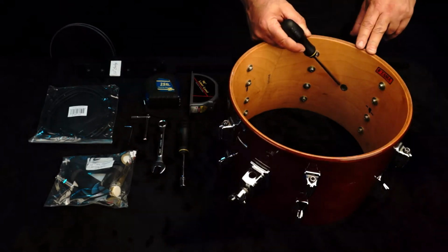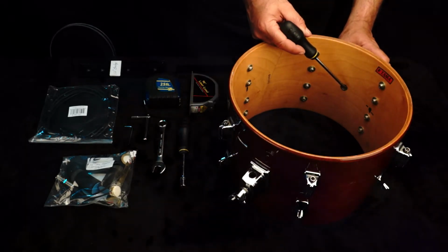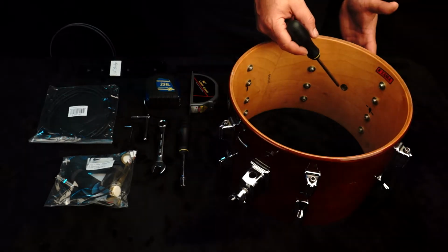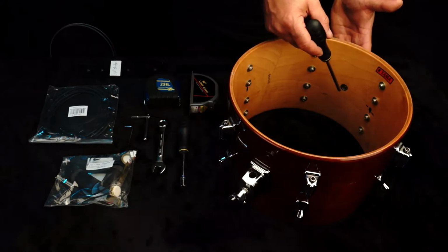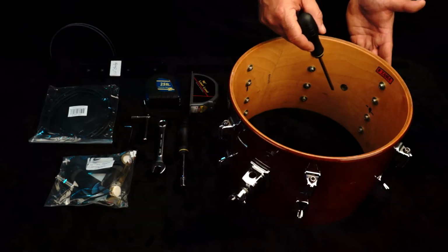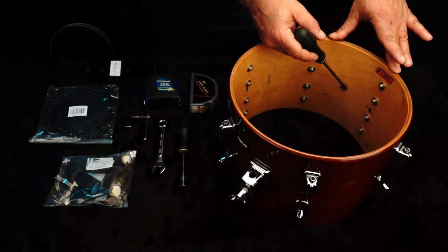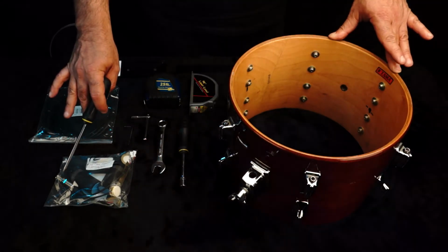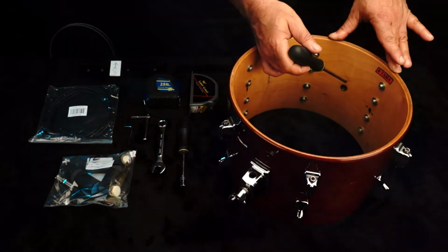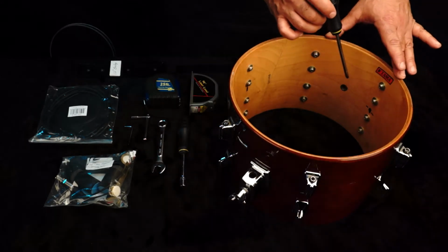Now this grommet basically sandwiches your drum badge. In this case we're working with a Tama Superstar. What the grommet does is secure the badge to the drum, as well as giving a good looking aesthetic. We're going to need to remove this grommet in order to put our Pintec drums 1/4 inch female into the vent hole. Now what we're going to do is remove this grommet from the inside rather than